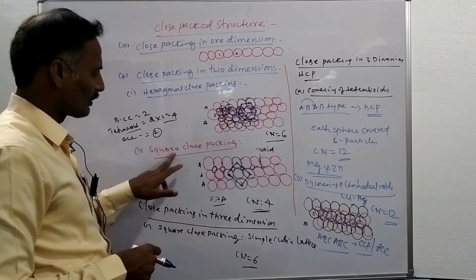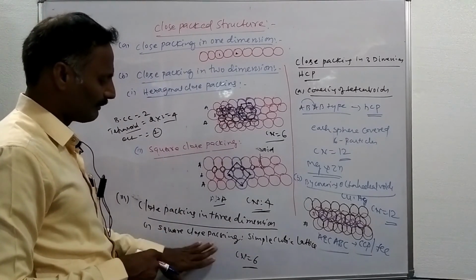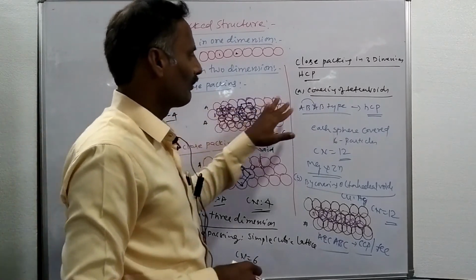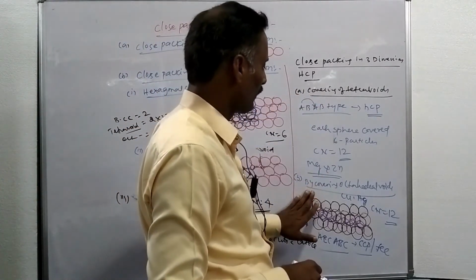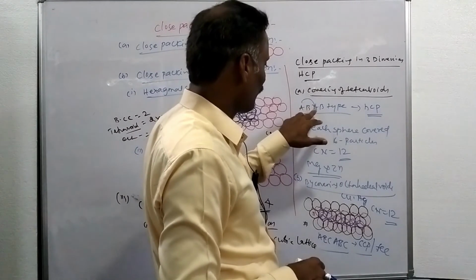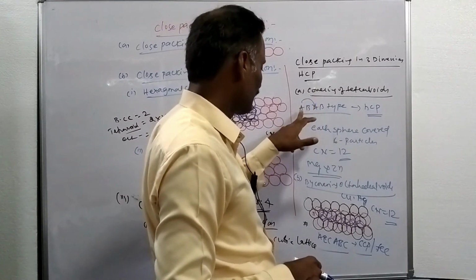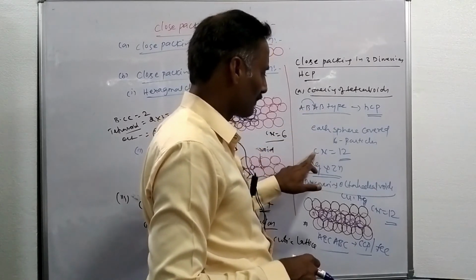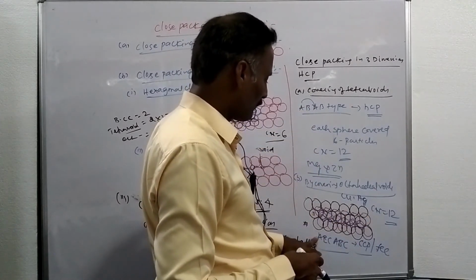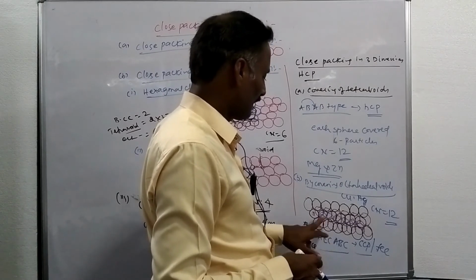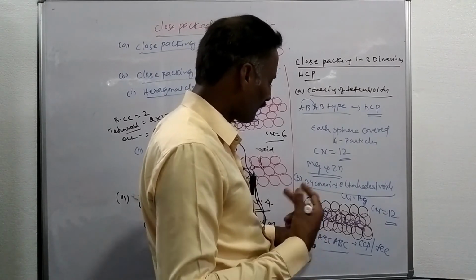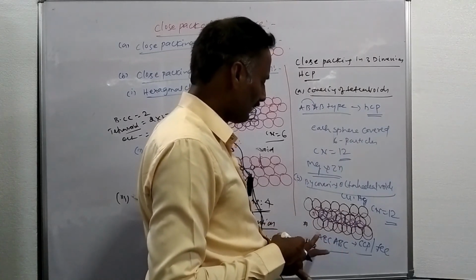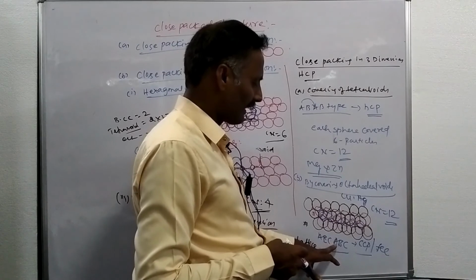By taking square close packing in two dimensions, you will get a simple cube. By using hexagonal close packing, you have two types of arrangements: by covering tetrahedral voids and by covering octahedral voids. By covering octahedral voids, you place the third layer over the first layer, and you get hexagonal close packing. Here the coordination number becomes 12. If you place the third layer on the second layer such that it covers the octahedral voids, the arrangement becomes ABC, and the first layer and fourth layer have the same alignment.